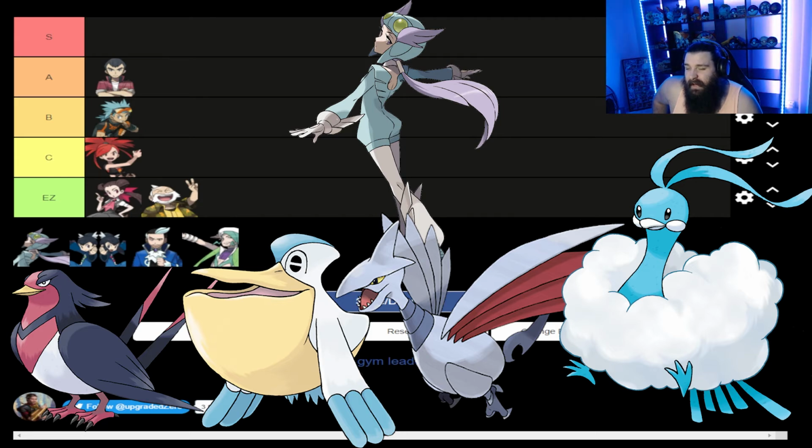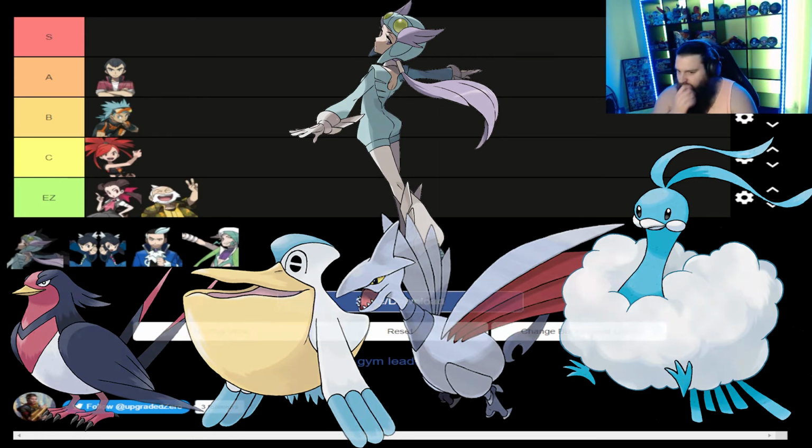And also I think her Altaria runs Dragon Dance, and in Gen 3 the special and physical split hadn't been done yet with the moves. So Dragon I think is special, but flying is physical and stuff like that. So if she Dragon Dances and then Aerial Aces, you're gone. So I'm gonna put Winona, I think she's probably...